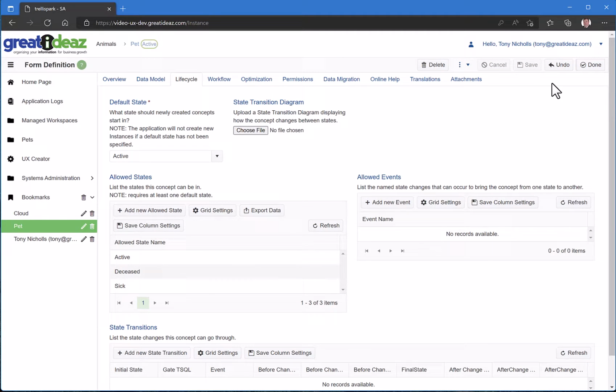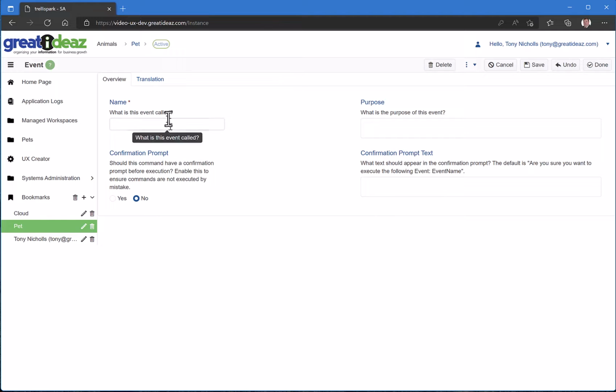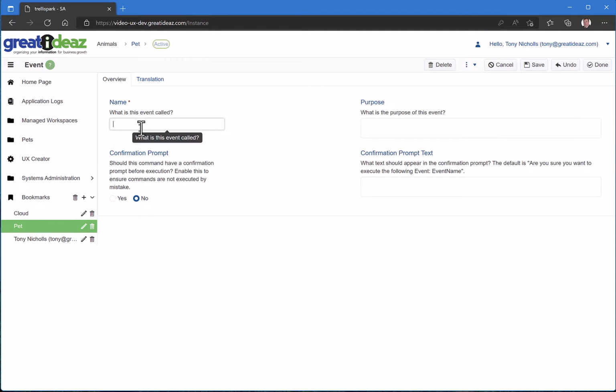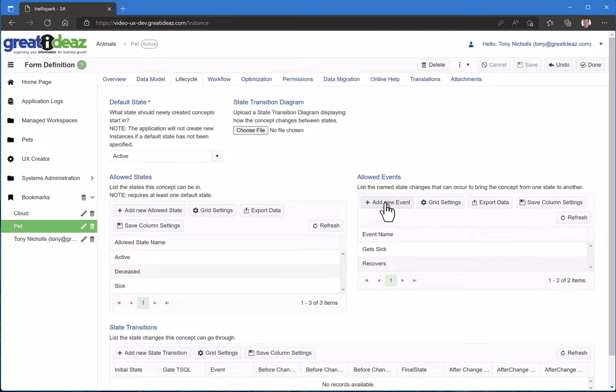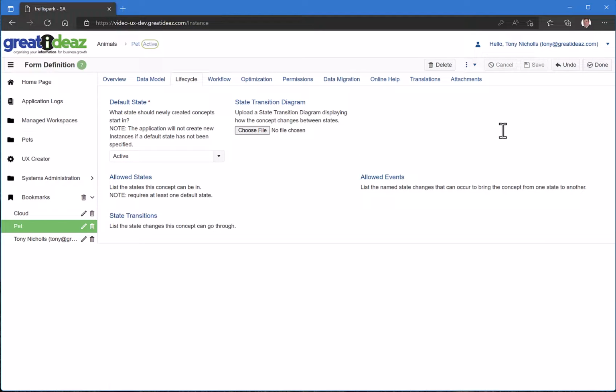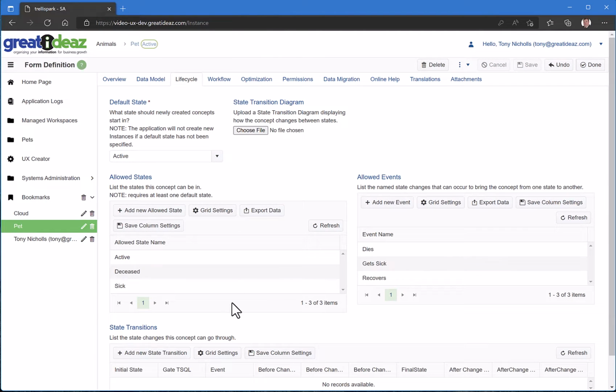Now, there are going to be events that basically trigger the transition from the active state to the sick state. So let's add a couple of new events. So we're going to add gets sick, recovers, and dies. So at this point, we have a set of allowed states for our pet and the events that trigger state